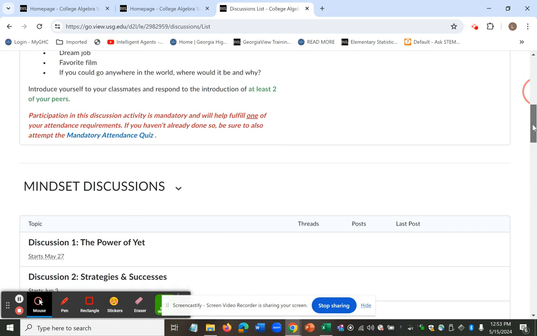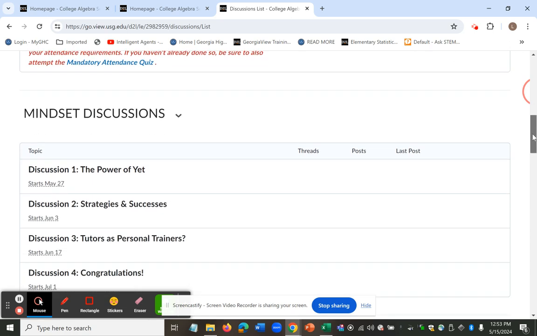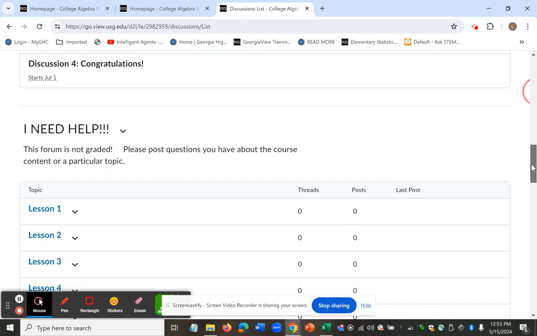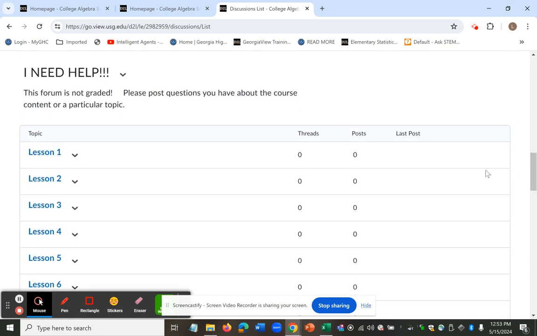There are also the required mindset discussions, which are part of the mindset learning project that is being conducted by the University System of Georgia. One of the discussion boards that I want to point out that can be very helpful is the I Need Help forum. The I Need Help forum, it's not graded, but this is an area where you can